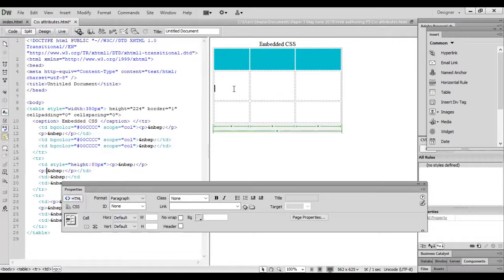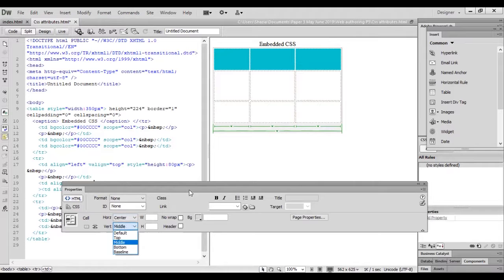So I can even change my cell alignment here. If I set the horizontal alignment to begin from the left side, then I can also set the alignment to center align and right align. Here you can select the vertical alignment: on the top, in the middle, or at the bottom.